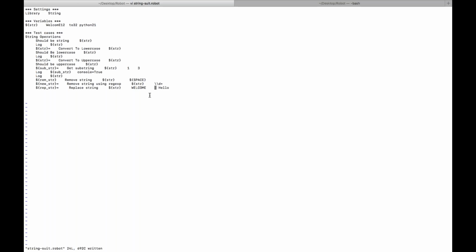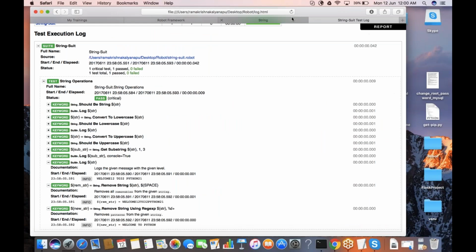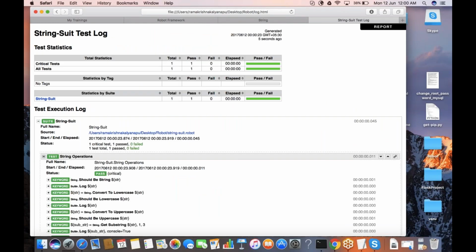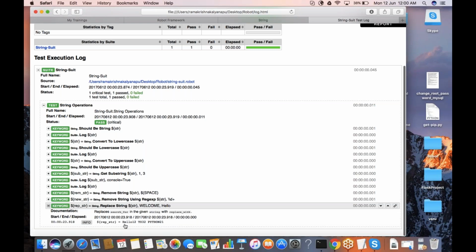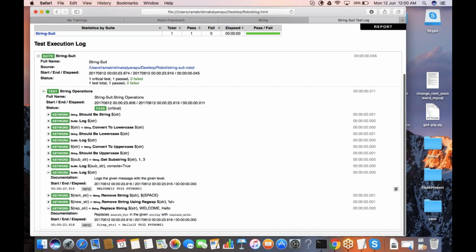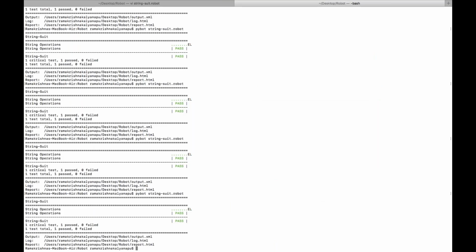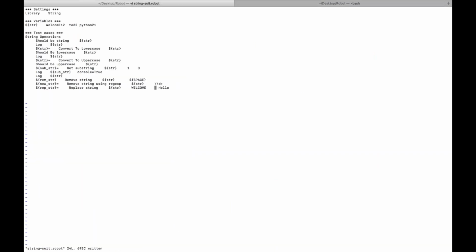Okay, so welcome has to be replaced with hello. If it finds welcome, then it will replace it with hello. So let's see, welcome got replaced with hello. If you see here, the string is welcome, and welcome is replaced with hello. Okay, so if it does not find it, it won't replace. Similarly, we have replace string with